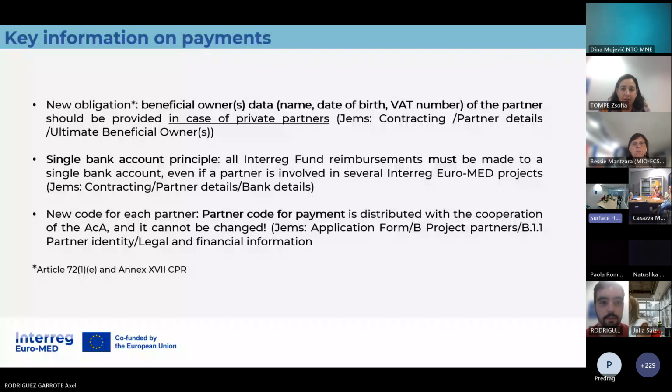This is a new obligation for this programming period: we have to collect the beneficial owners data for each partner that is not a public entity. I know that you already provided information, but if you didn't, please be sure that for this reporting period you fulfill this obligation. So I repeat, it's only for non-public entities, the private entities.